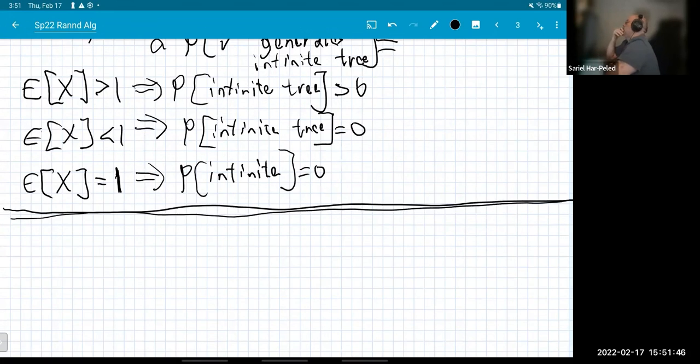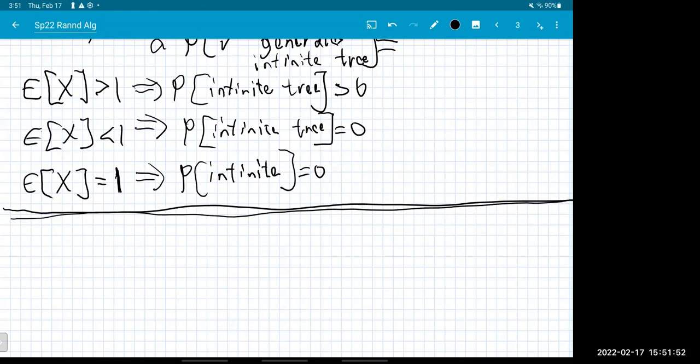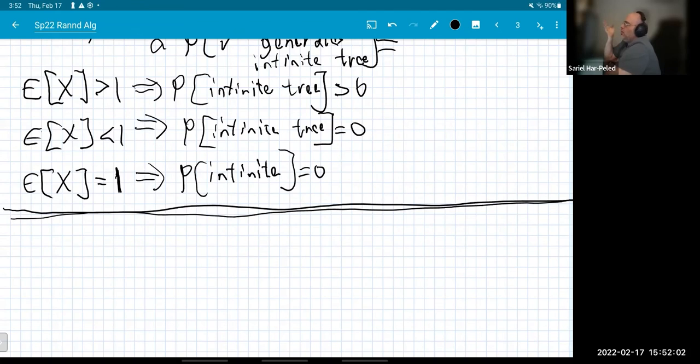Questions about this before I jump into the min-cut stuff? I don't see why when the expectation is 1, it's not an infinite tree, because you said it was a sensitive or fragile process. I didn't prove any of these theorems, so you cannot see it. But maybe the best way to think about it is that